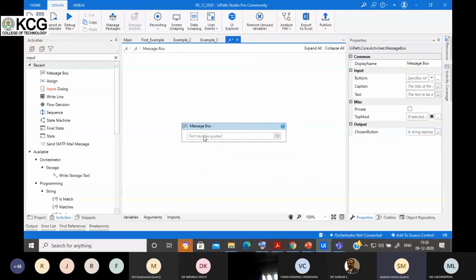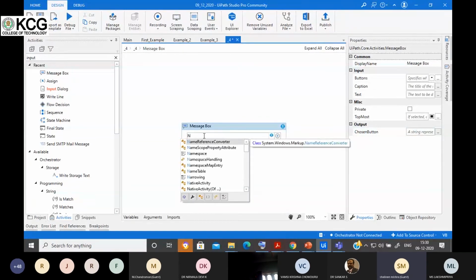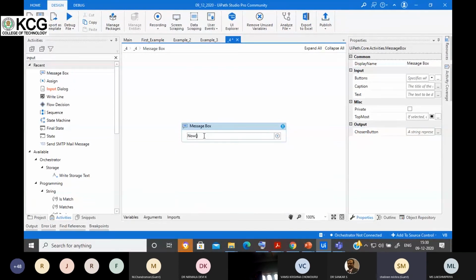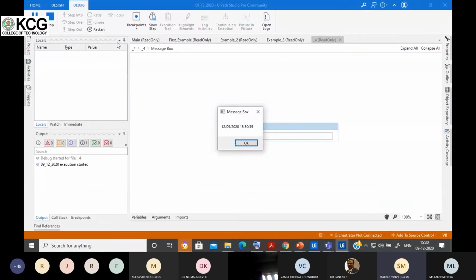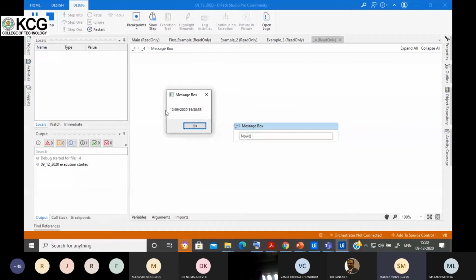If I write now and debug this one, now you can see what output I am getting. This is today's date and this is today's time. So this is the now function.